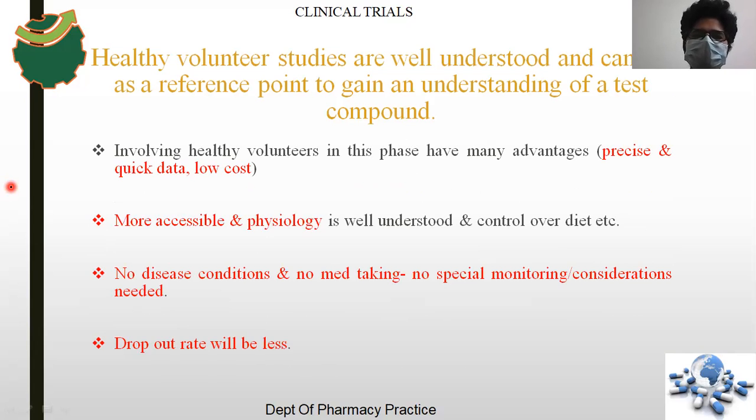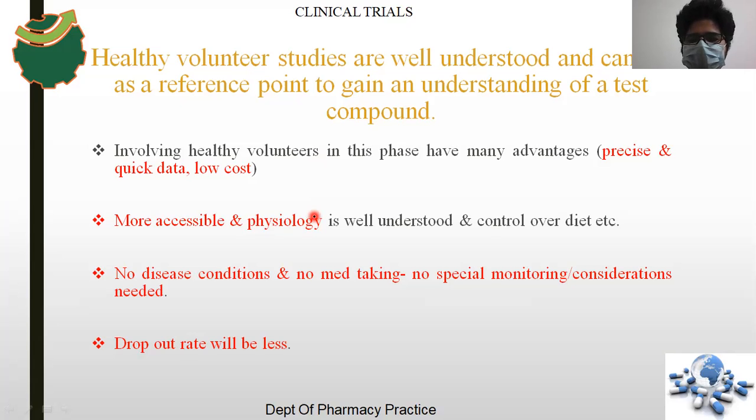So how come healthy volunteer studies are well understood and can act as a reference point to gain an understanding of a test compound? Here they're saying how good healthy volunteer studies are and how they act as a reference point. We say reference point because whenever you want to see these objectives of phase one, like safe dose, PK, PD and all,